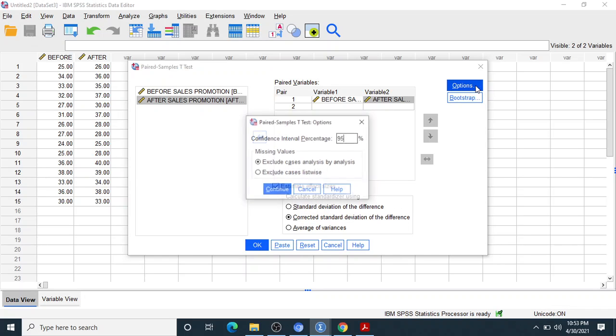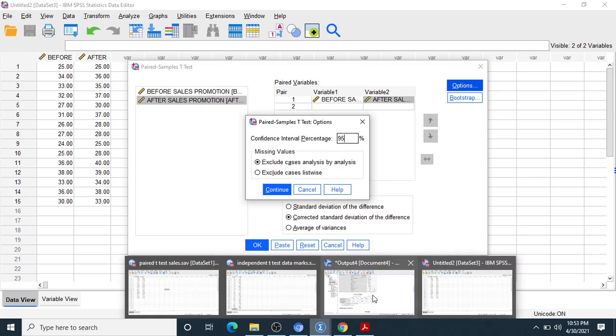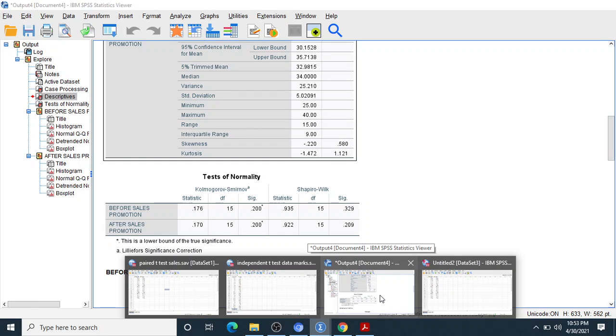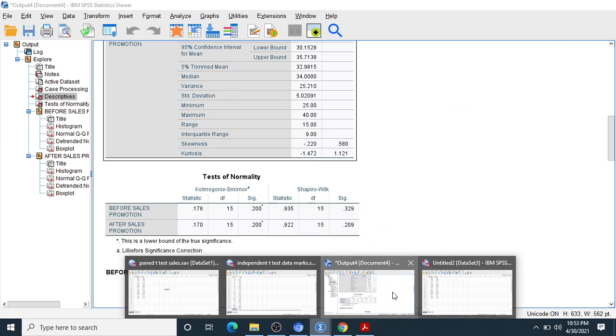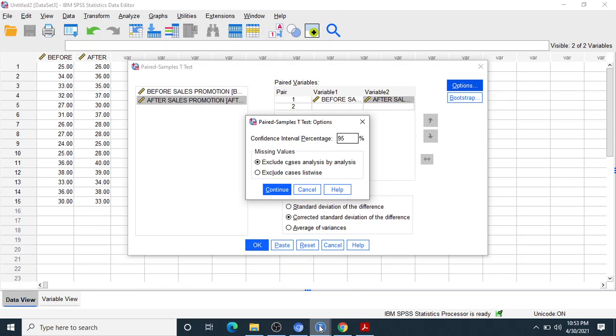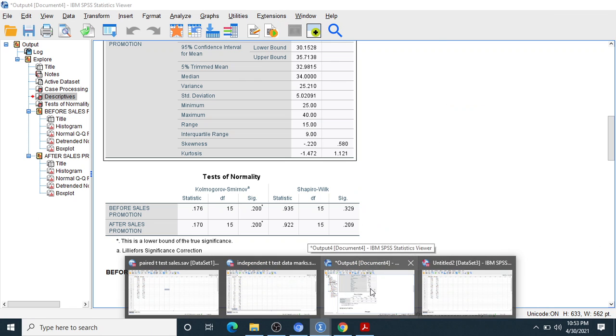Let us check whether there was any missing value or not. Let us check at first. There is no missing value, I think. As remembered, there was no missing value. Everything was okay.